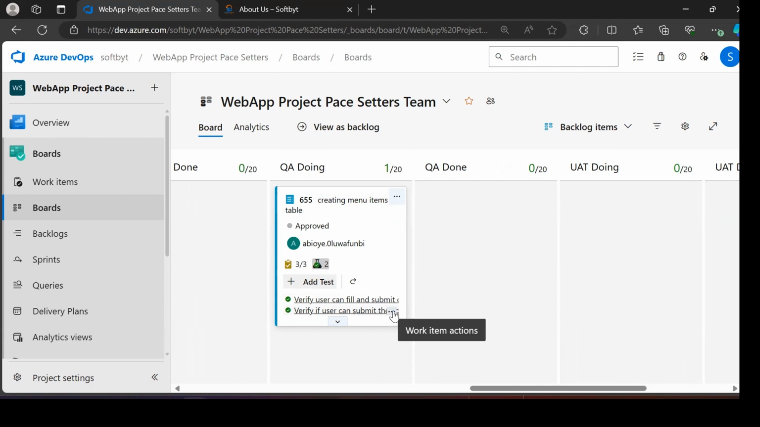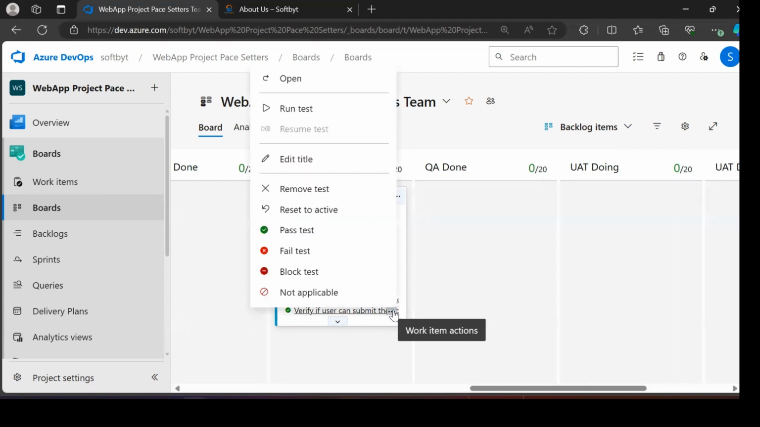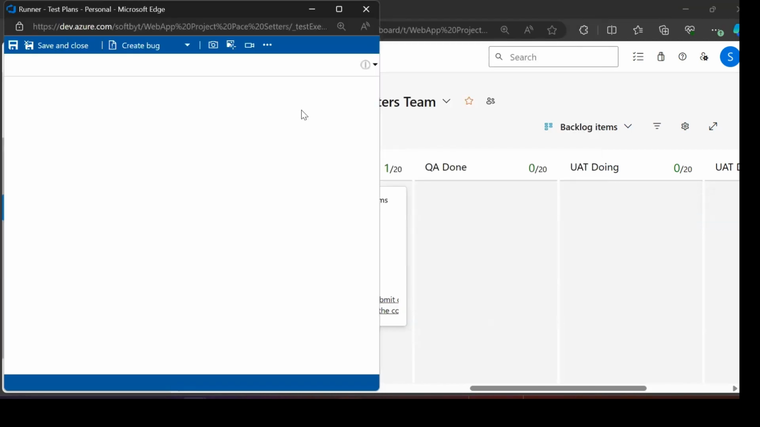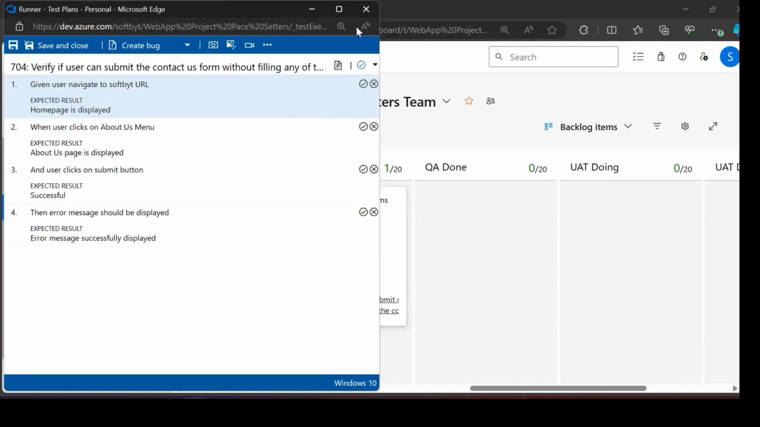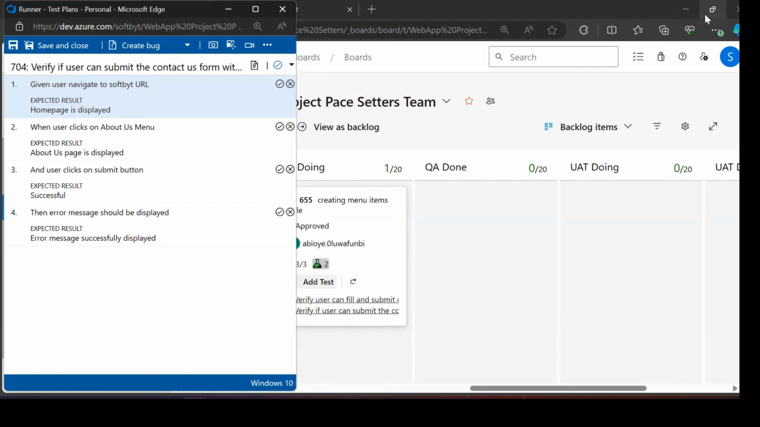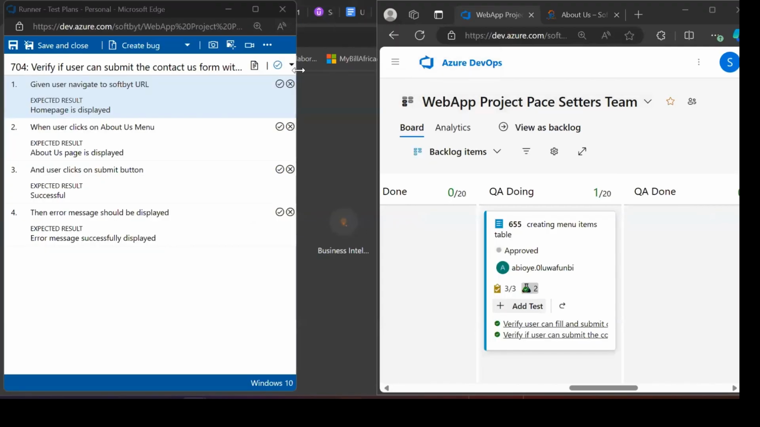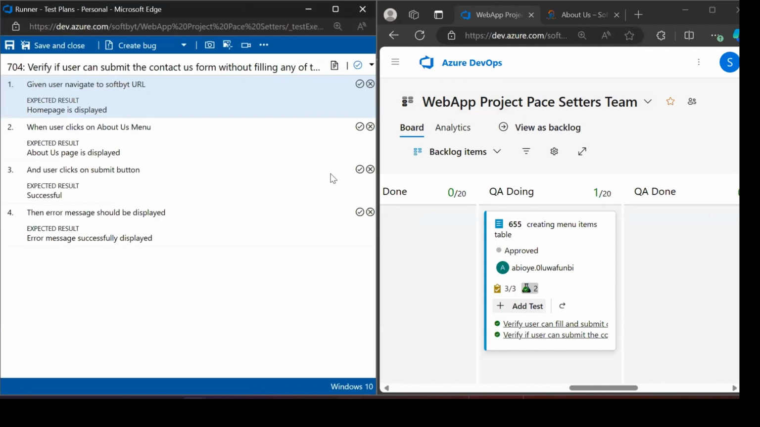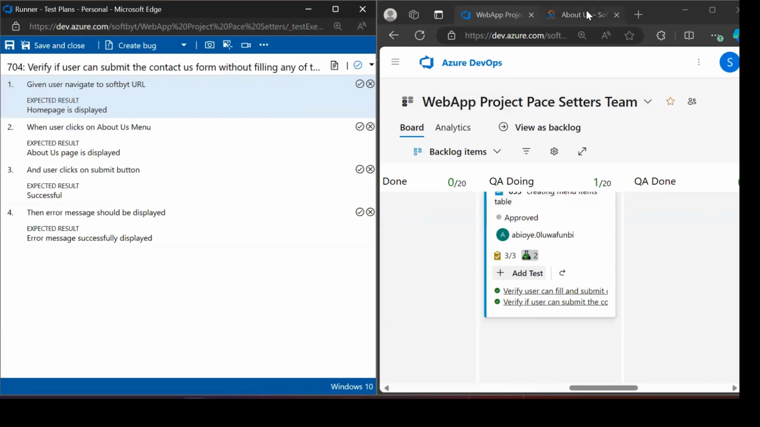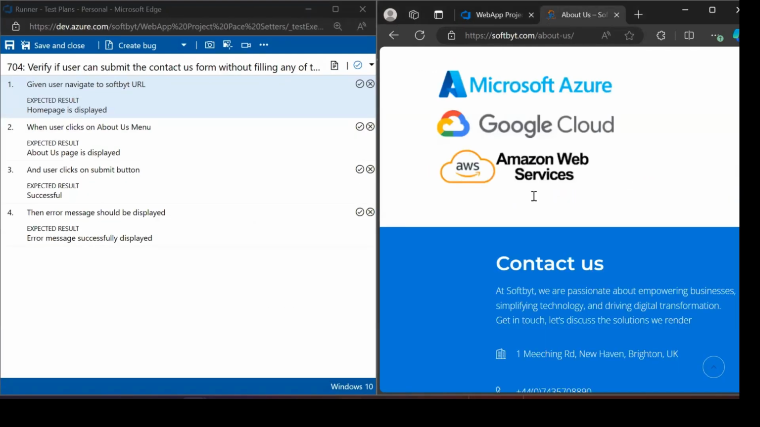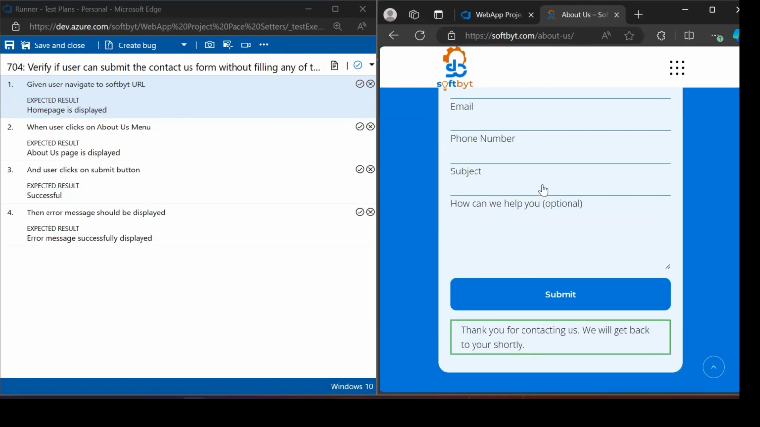Okay, let's go back to this one. We want to run it. So we are running our test. Let's open our application under test, AUT. Okay, this is our AUT. Let's open this like this. Let's expand this. So this is our application under test. Okay, so now let's say